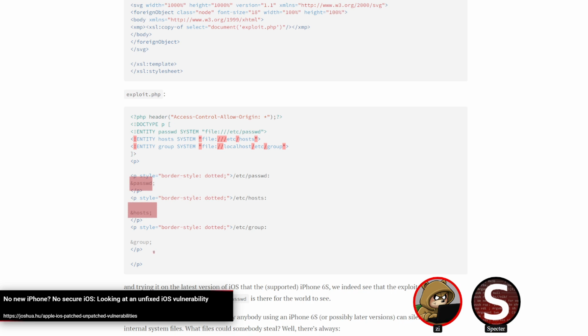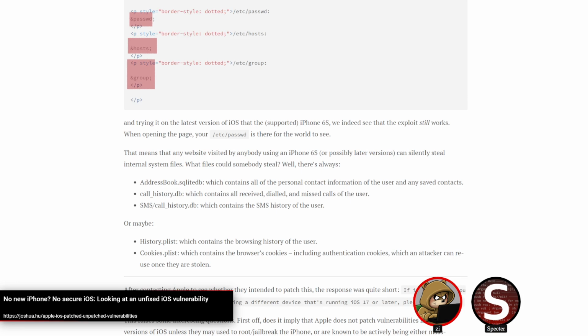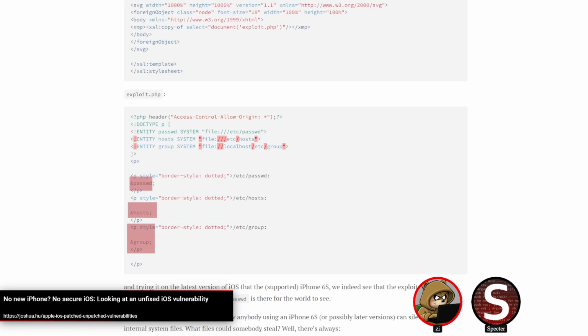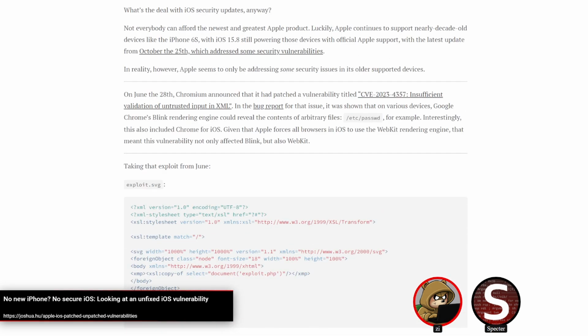And thus you can exfil it from there, or it's basically dumped to the user. But this is happening on the client side, and since you're doing it to yourself, it's a little bit different than your standard XML entity stuff.